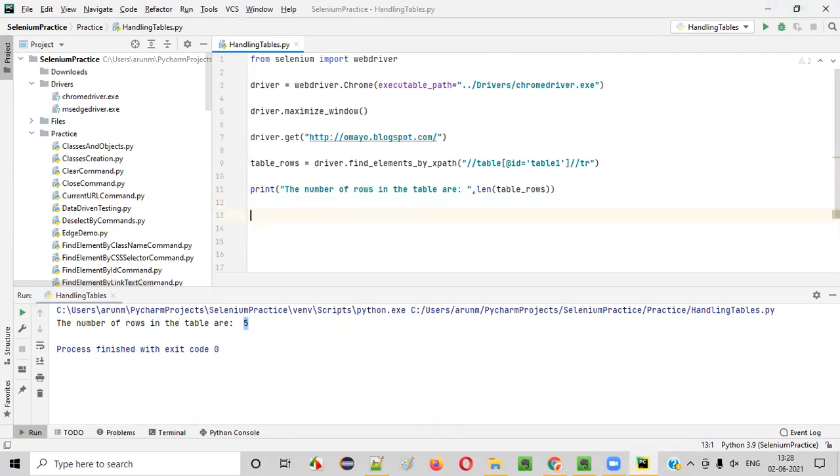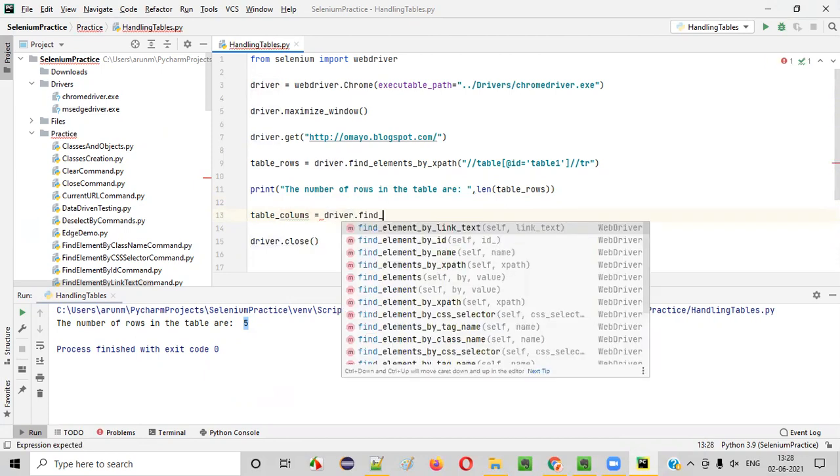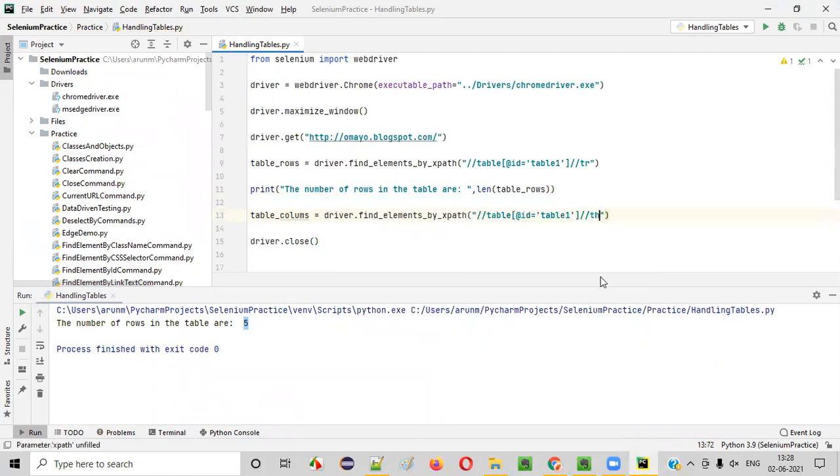Before closing the browser, I'll say table_columns is equal to driver.find_elements_by_xpath, provide the XPath expression which is locating the 3 table headings, which will give the count of the columns, guys.